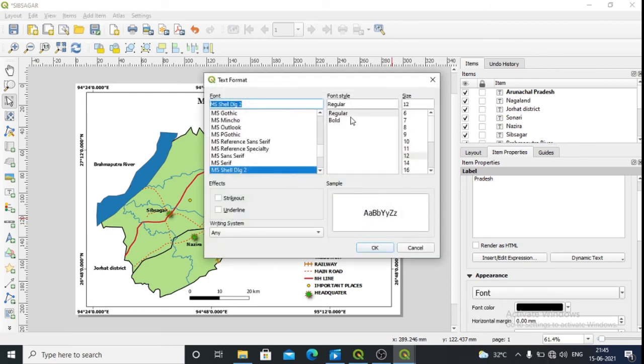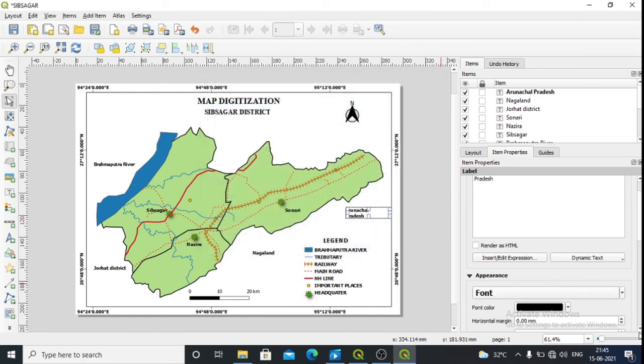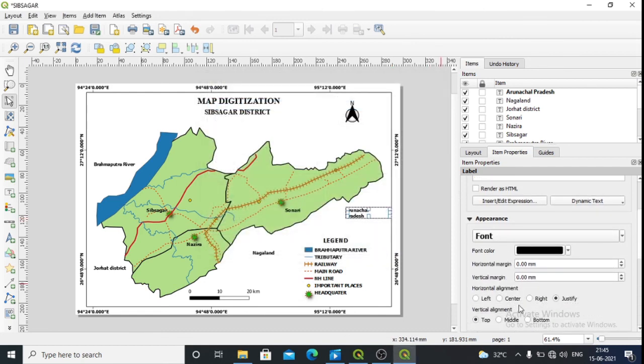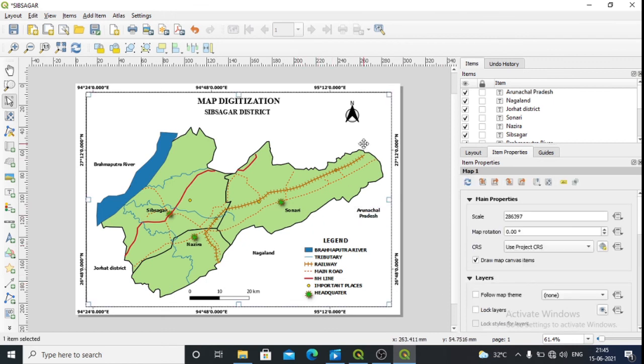You can increase to any size, but make sure that it looks good. Then make it center. So this is how we can prepare the map.